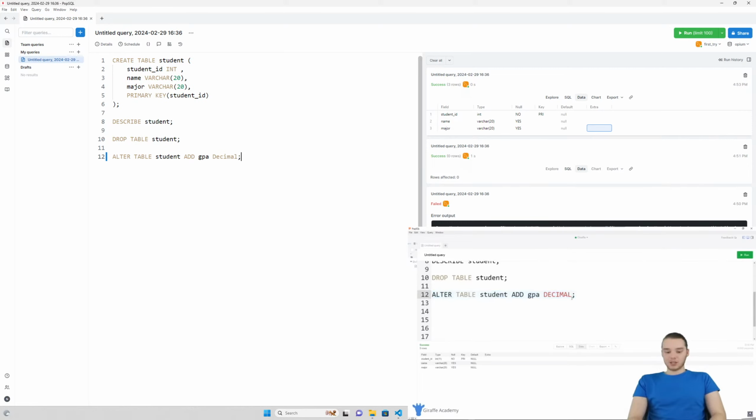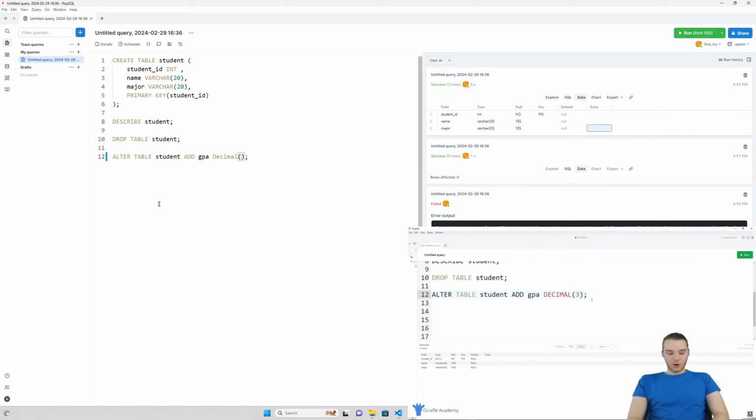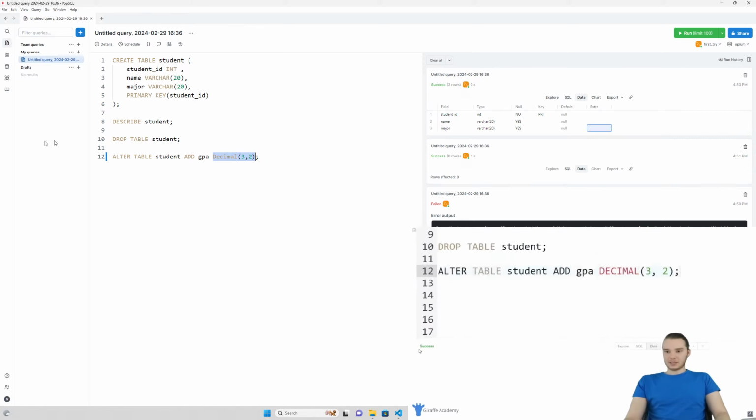Now with decimal, remember I showed you that you could put numbers after here, like 1 and 2. So what we're going to do is generally a GPA would be like 3 point something something or 4 point something something. So we're going to have this be 3 total digits with 2 of the digits occurring after the decimal point. So now I can go ahead and run this command, and you'll see it says